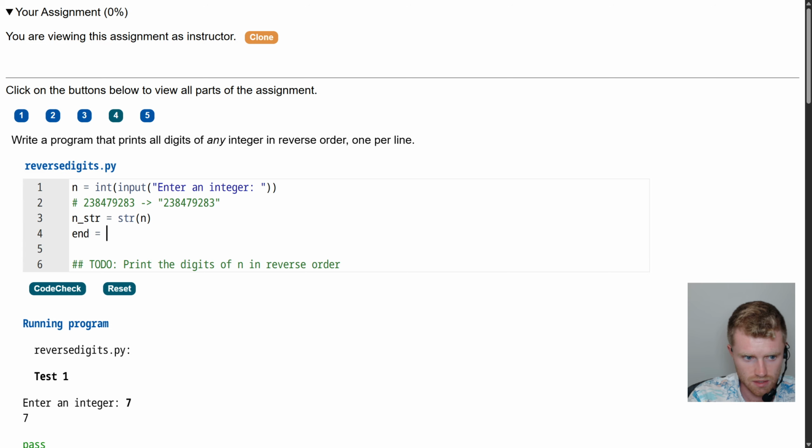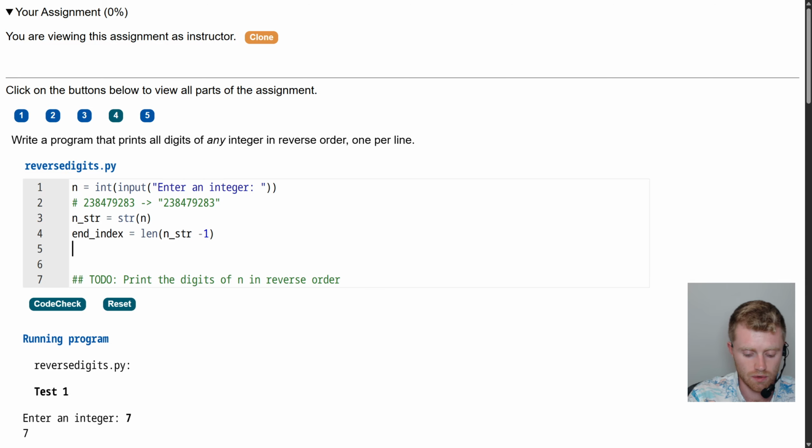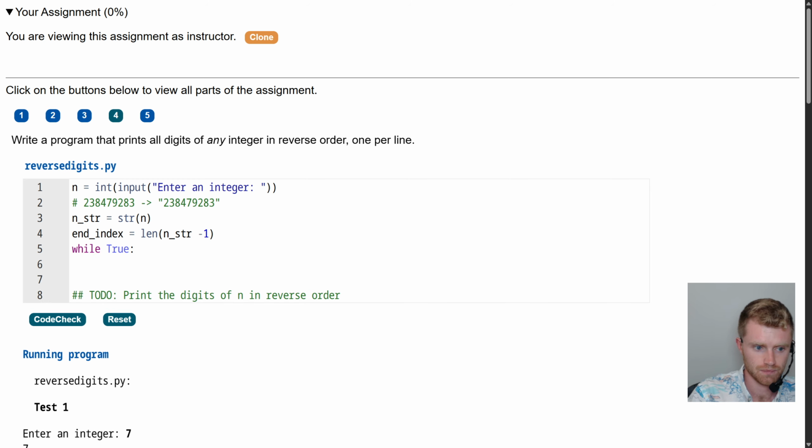So the end index is going to be len of n_str minus 1. And we're going to say while True for now, we want to print the n_str at the